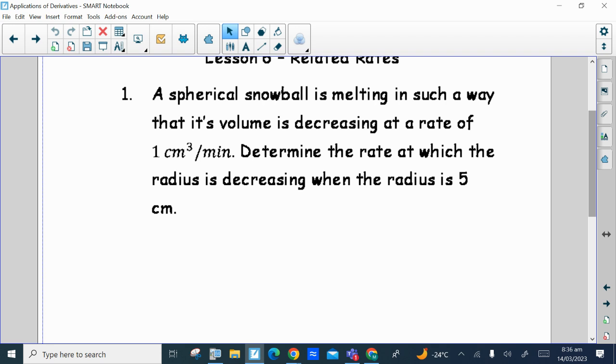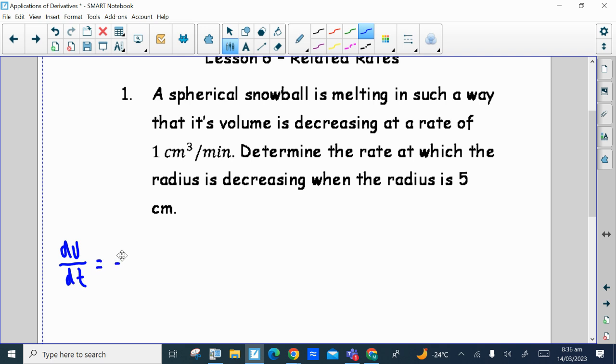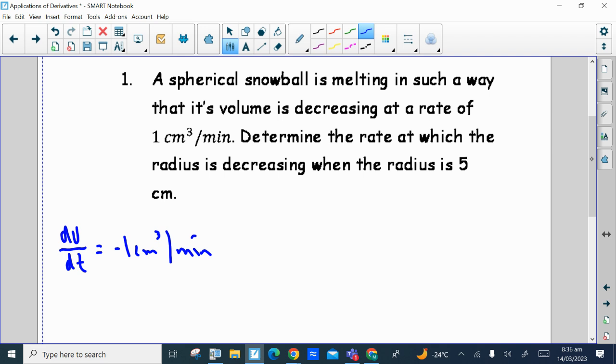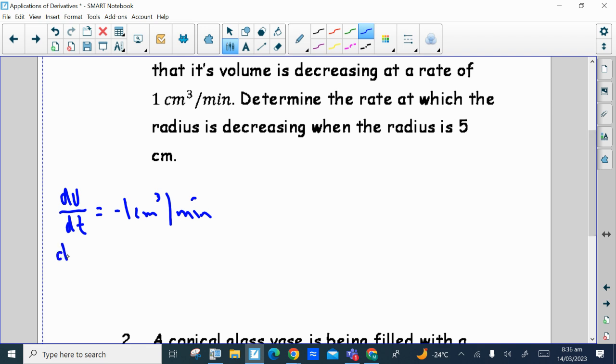aspect with respect to time, and you're going to be asked to find the rate of change of another aspect with respect to time. Always a good idea to list out what you're given and what you're trying to find. So you're told the volume is decreasing, so that'll be the rate of change of volume, dV by dt. And because it's decreasing, it'll be negative 1 centimeter cubed per minute. You want to know the rate at which the radius is decreasing, so dr by dt is what we're looking